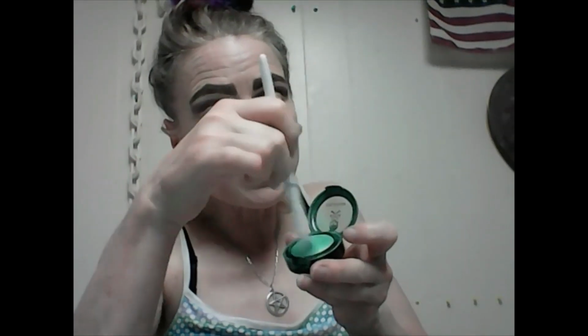And now for the next brush I'm going to use, this is the same brush I used yesterday. This actually is a Wet n Wild brush. It's supposed to be a crease brush, even though I can't imagine anybody using a crease brush that thick. It's not necessarily one of my favorite brushes, but then again, all those other big fluffy brushes didn't do too well when I tried this yesterday. I am going to generously...